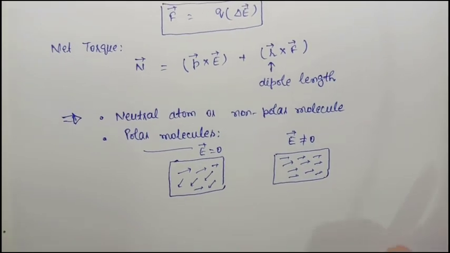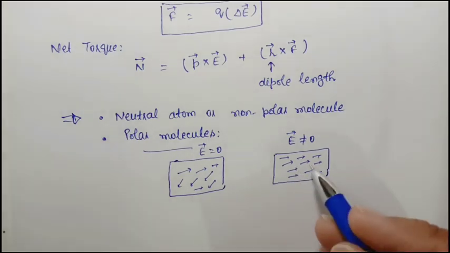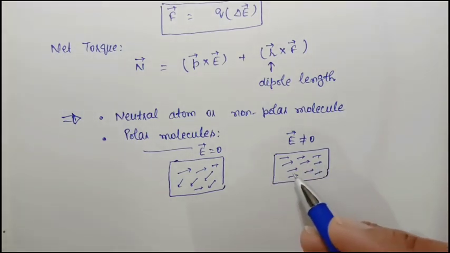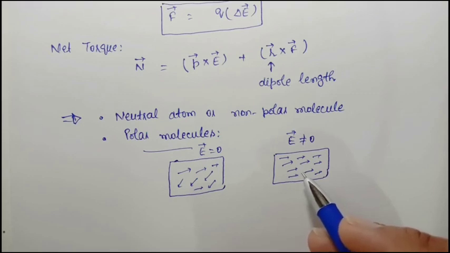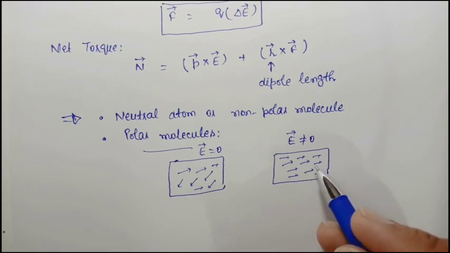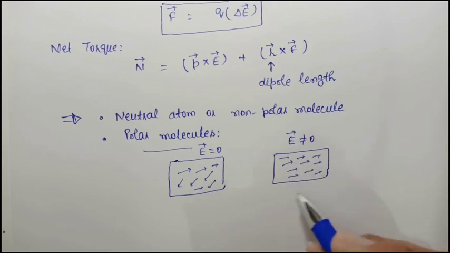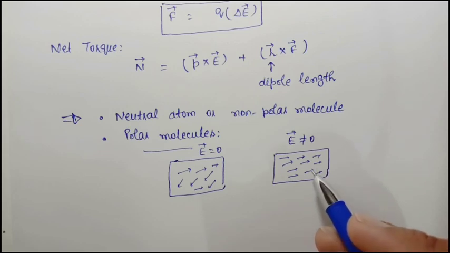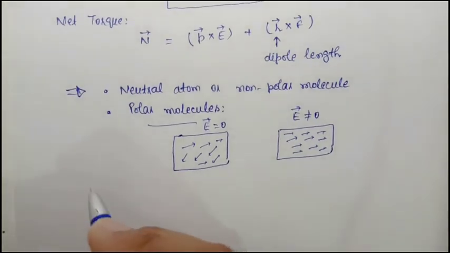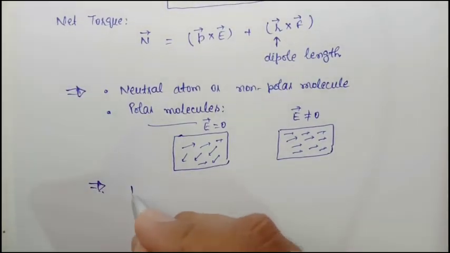Here 100% alignment is not possible because the temperature of the material also matters. At high temperature, the alignment of dipoles is poor compared to that at low temperature. So finally, mathematically we can write